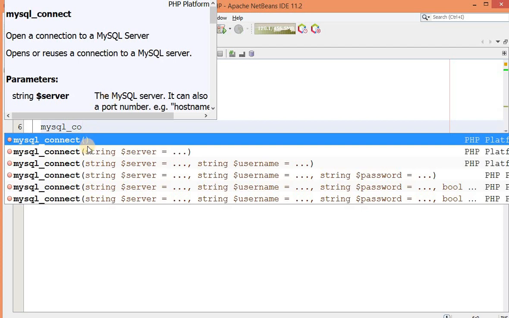Just look over here, these are the versions of this function, mysql_connect, with parameters: the server name, then server and username, and then server, username, password. So this is one method.